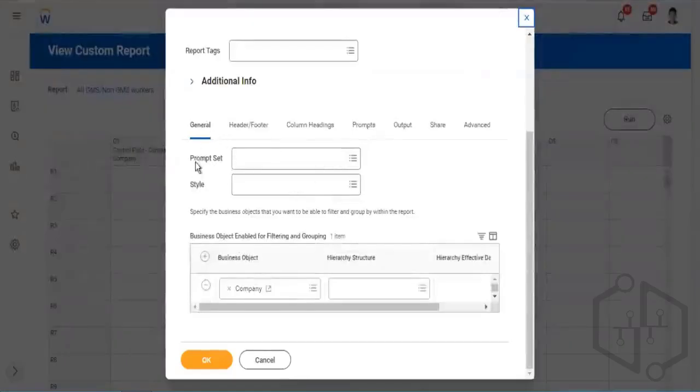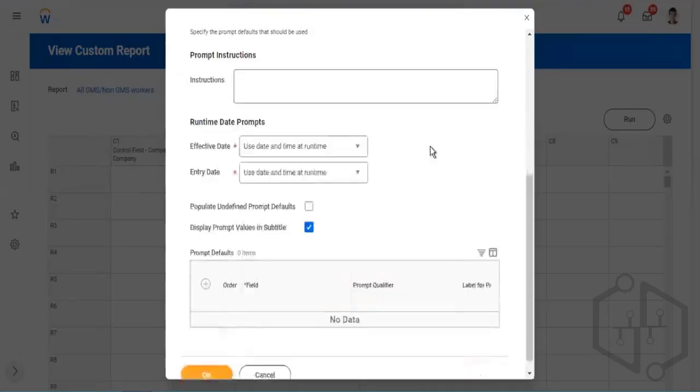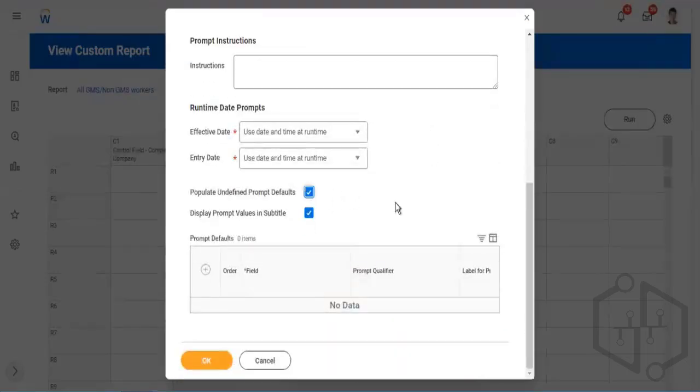I can define what prompt set I'm using, so I'm using that. Now when I go to prompts, populate undefined prompt defaults,